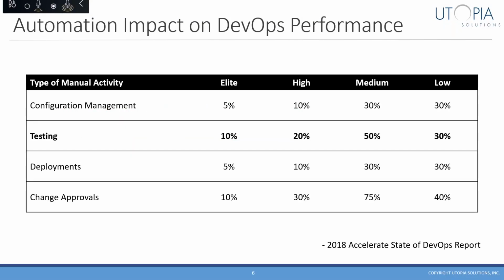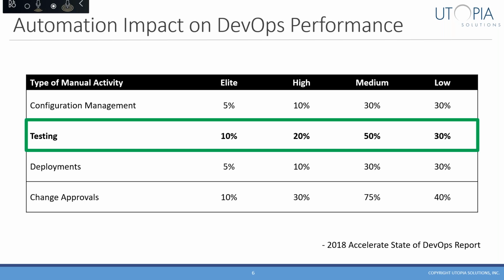I think another way to look at the importance is to look at the level of automation across different categories of DevOps performers. This specific data is from DORA's 2018 State of DevOps report, and that shows the level of manual work across different categories of DevOps activities. Specific to testing, you can see high and elite performers have quite a bit more test automation, as well as the other activities, and that's important to note, compared to their lower performing counterparts. So that's great. Automation is absolutely required for effective DevOps.